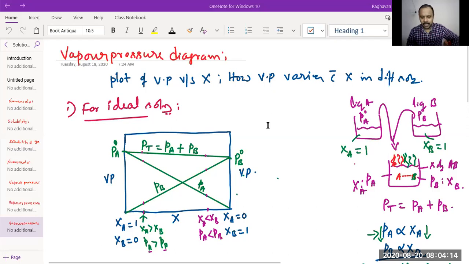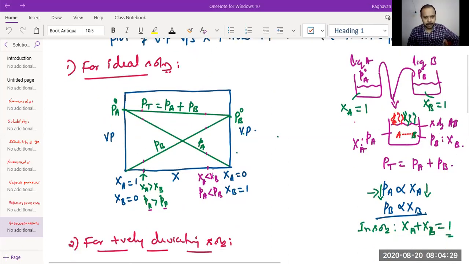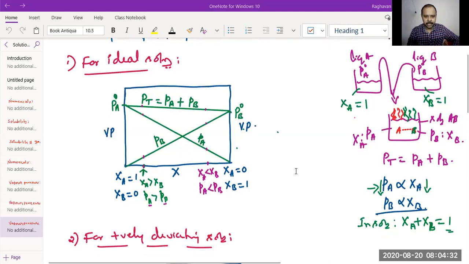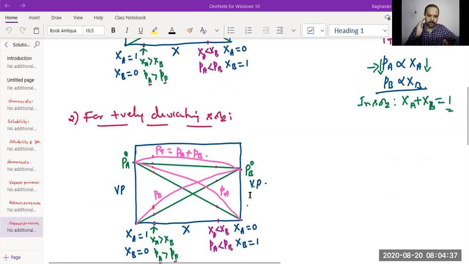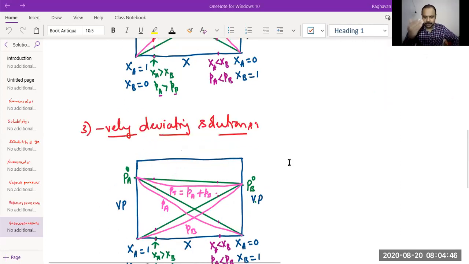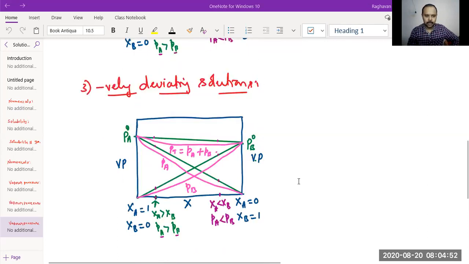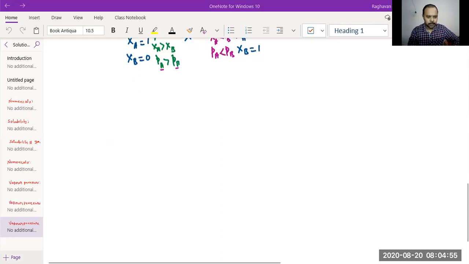After that, we have seen characteristics in the last class. Then the vapor pressure diagram. It is obtained by plotting vapor pressure of each component against its mole fraction in the solution. So how exactly will the vapor pressure diagram be for an ideal solution? It is like this. In case of a positively deviating solution, the vapor pressure will be more than if it were ideal. For negative deviation, it will have lesser vapor pressure. Take an example also, correct? So let's proceed further.